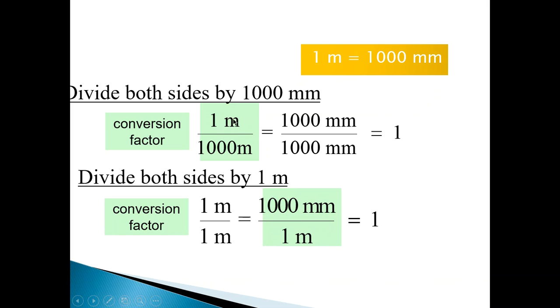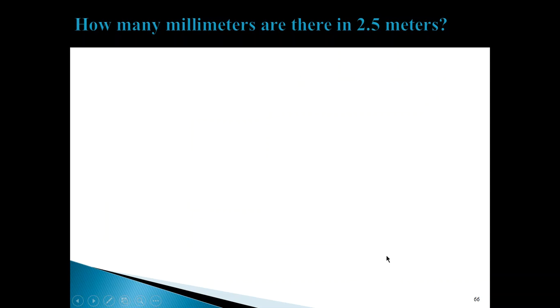You have one where, in this case, 1 meter would be the numerator, and 1,000 millimeters would be the denominator, and the other way around, all right? And the one that you use as your conversion factor is dependent on the kind of conversion that you're trying to accomplish. So to answer this question, how many millimeters there are in 2.5 meters,